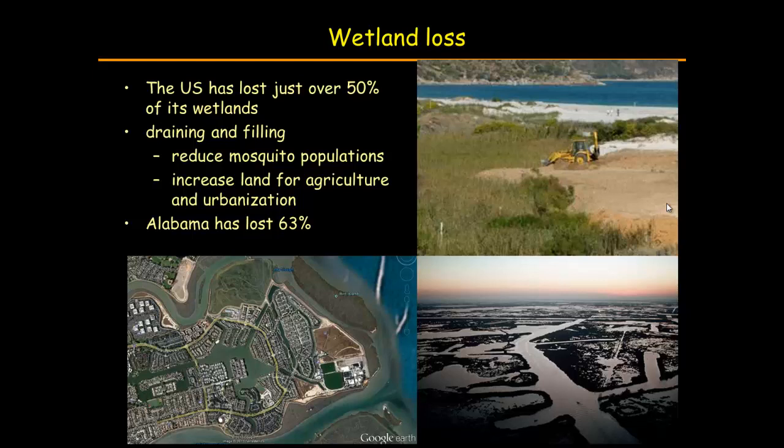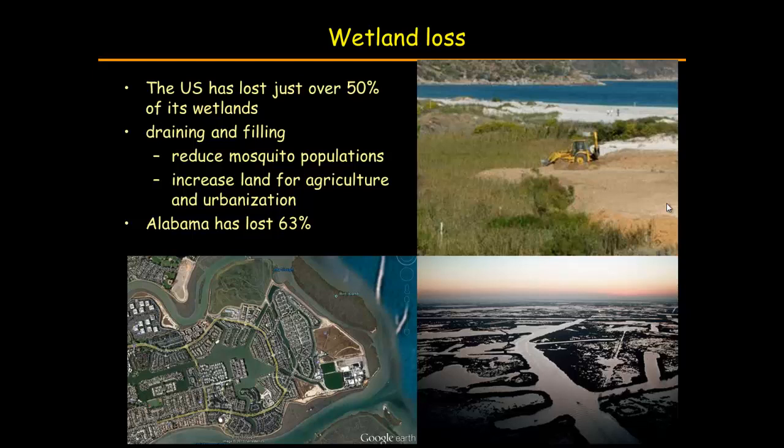Sometimes, a long time ago, that was done to reduce mosquito populations. That was especially important when we had a lot of malaria and yellow fever in the southeast. In more recent times, especially post-World War II, wetlands were filled in to increase areas for urban sprawl, as you see in the lower left. That's not from Alabama, by the way. I had to borrow that from somewhere else, but you get the idea of what has happened to wetlands with